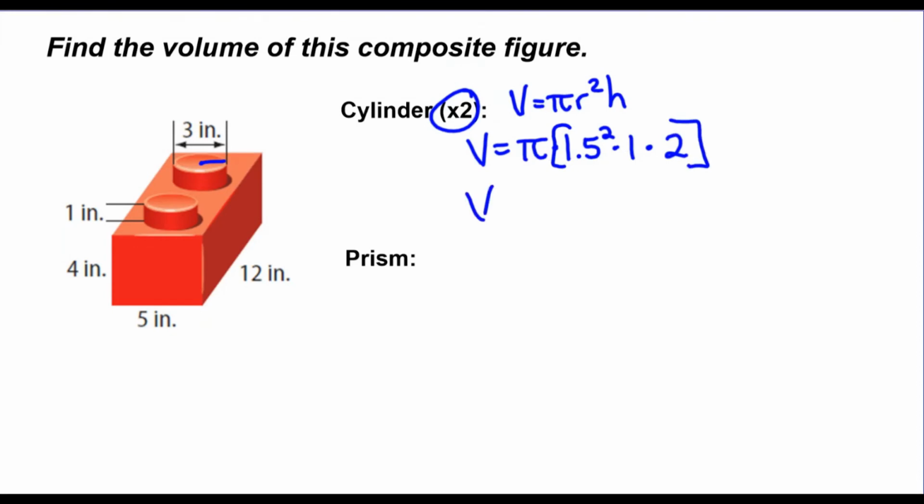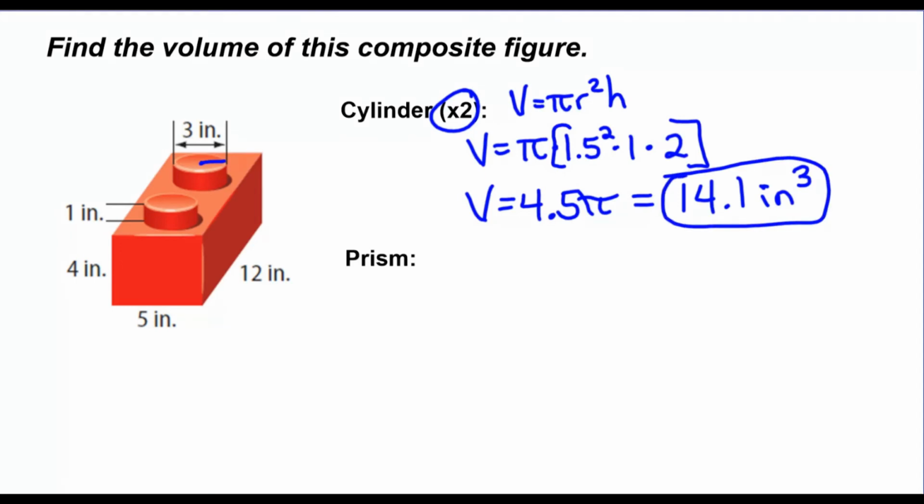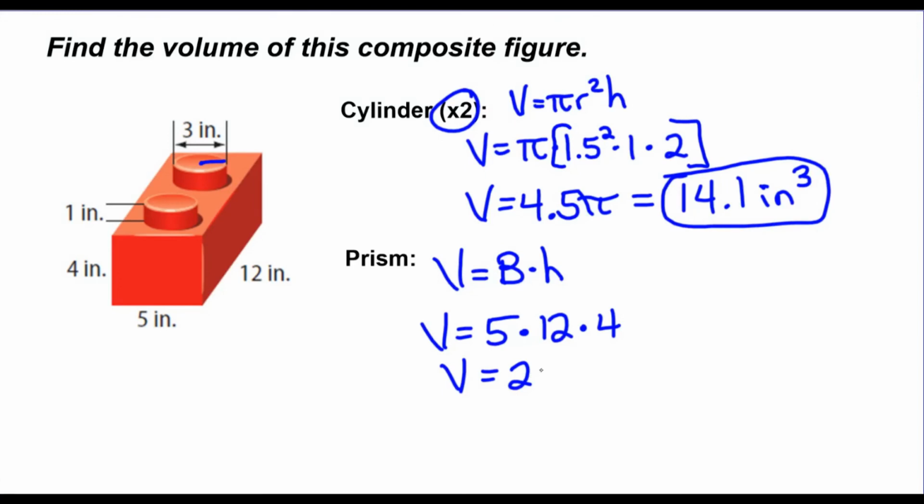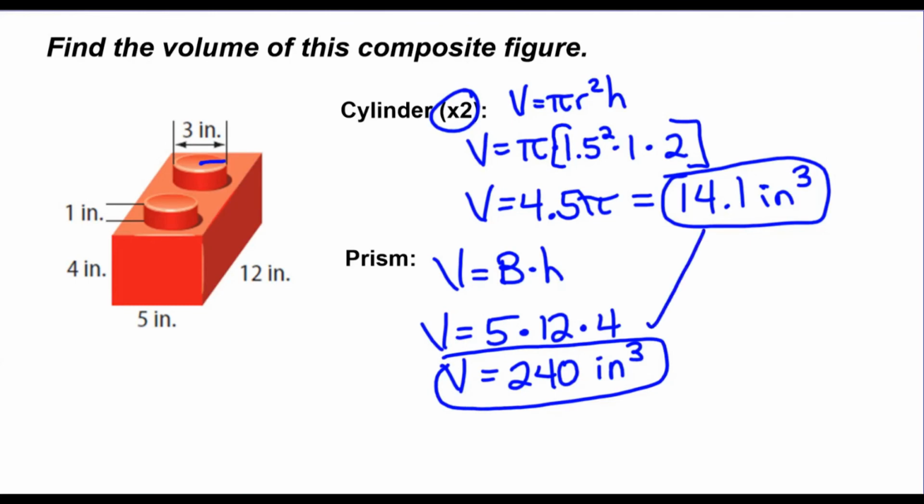And then if you do that calculation, you get 4.5 times pi. And that is rounded to the nearest tenth, 14.1 cubic inches. And then for the prism, recall volume of a prism is area of the base times height, or length times width times height. 5 times 12 times 4 gives us a volume of 240 cubic inches. And then we just simply need to add these two together to get our total volume of